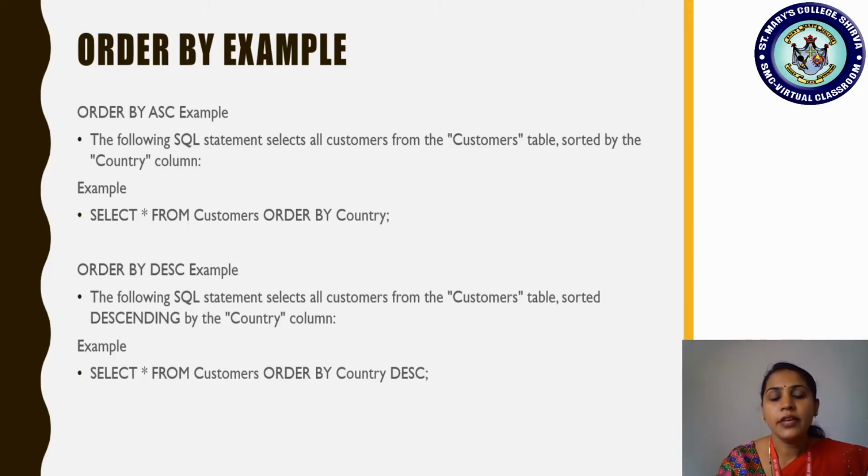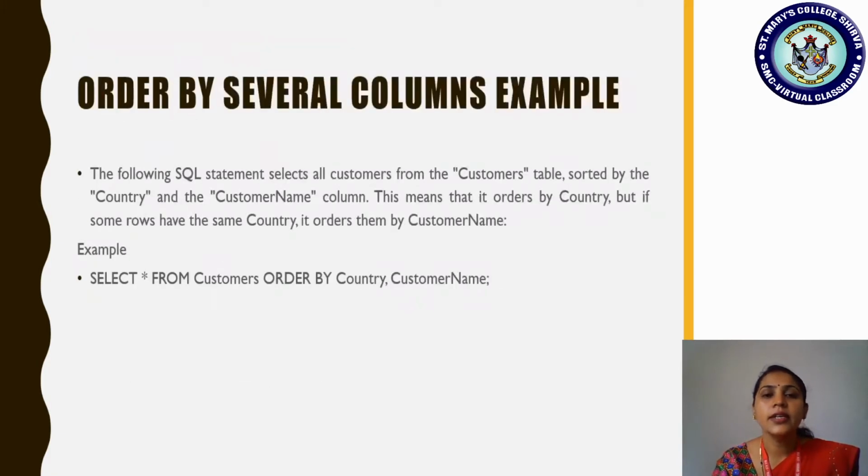So order by keyword is the usage we observed. It is particularly used to view the information with respect to what? Either in ascending order or descending order, and you can apply sorting for a particular attribute or more than one attribute. You can mention order by, following that, which column you want to apply? Column 1. Suppose another column also you want to consider for sorting, comma, another attribute. Both of them will be sorted in either ascending or descending order. Okay. Then order by several columns example.